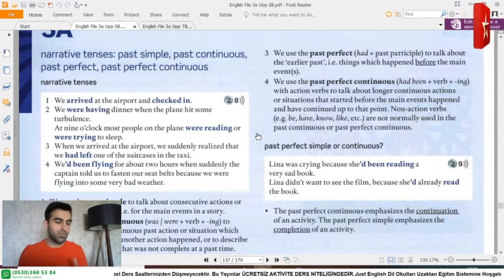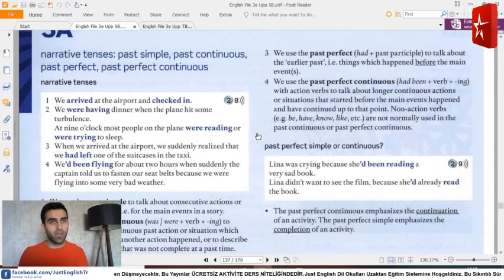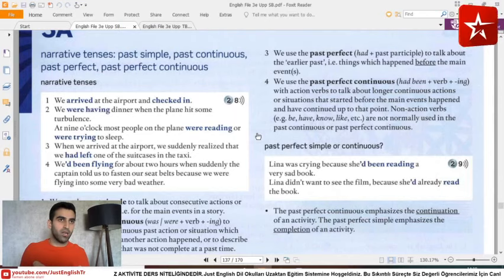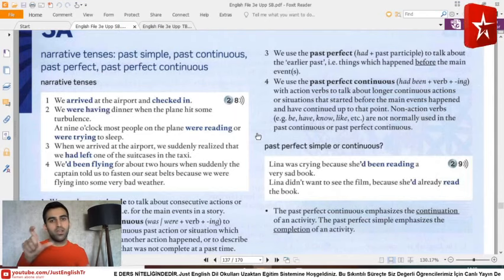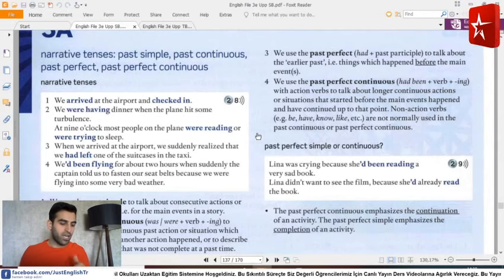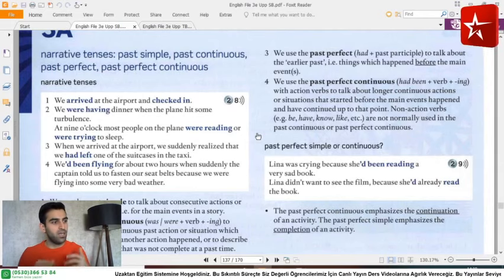That's why we should use past simple. If something happened in a consecutive way, first, second, third, fourth actions in order, without any long period of pause, without a long time between the first and the second action, like I arrived at the airport and then